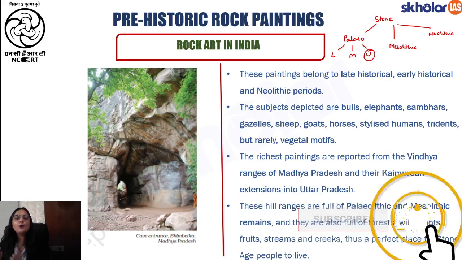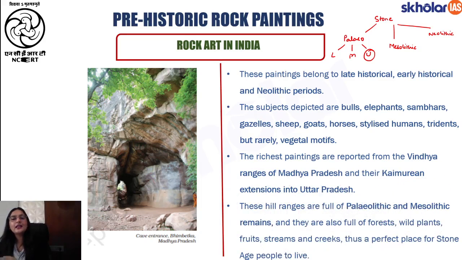Paleolithic period. Now we are going to talk about the paintings during the Mesolithic and the Neolithic period. Under that, students, I would like to tell you that the subjects that were depicted in these rock paintings included animals such as bulls, elephants, sambar, gazelle, sheep, goat, horses, stylized humans, tridents, but rarely vegetal